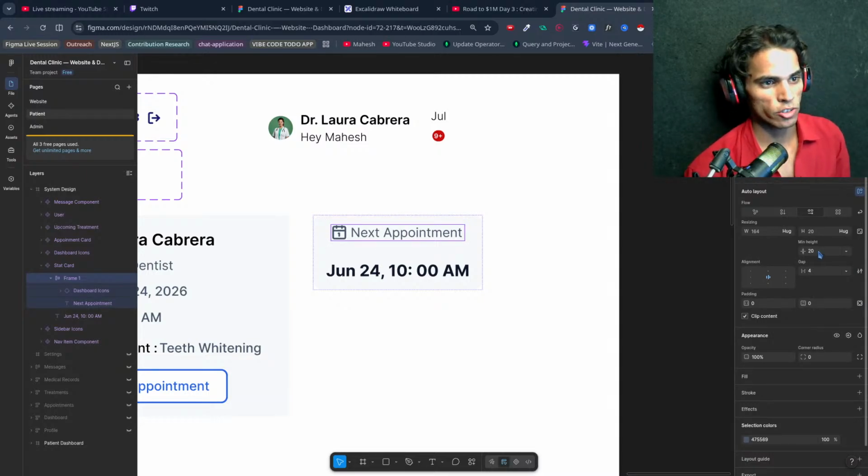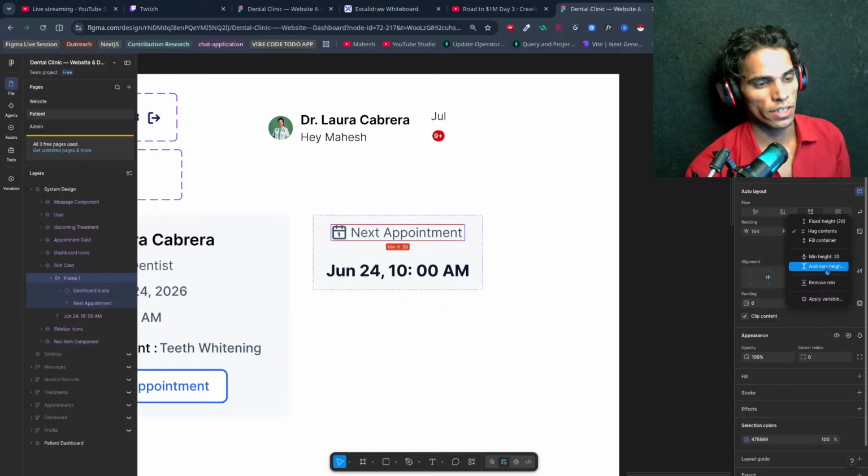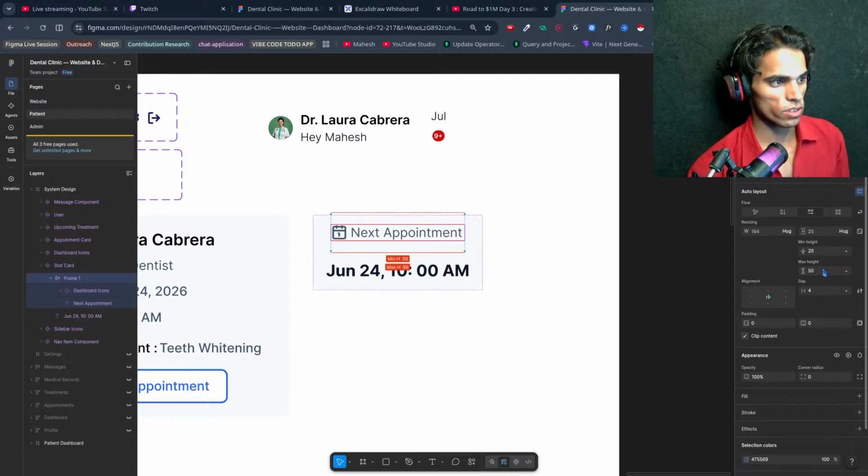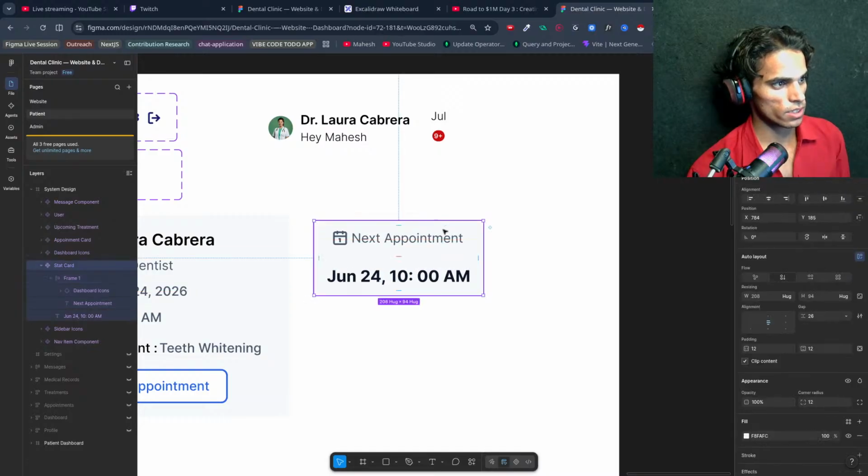So min height will be 20. Yeah, 20. Okay. And now at max height, it can be 50. Okay, like this. And now I will keep this in center.